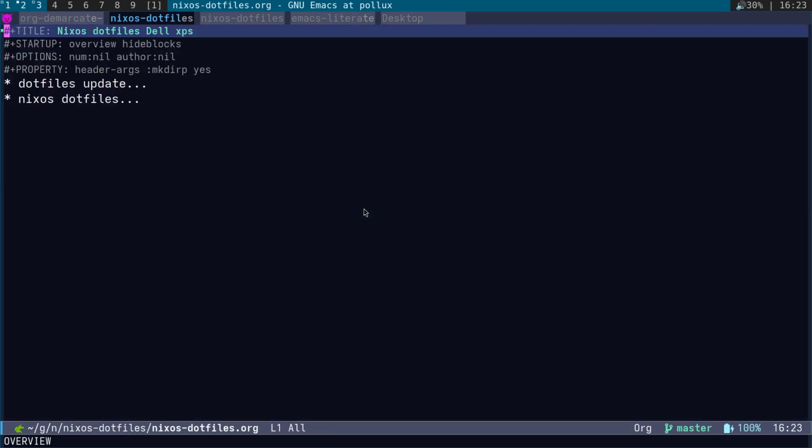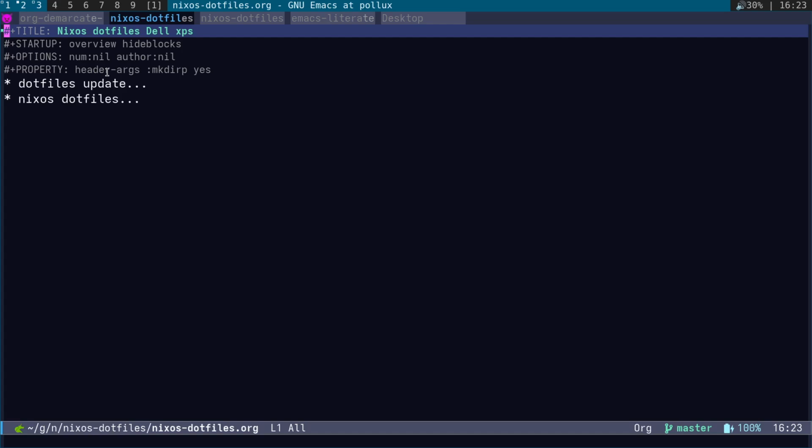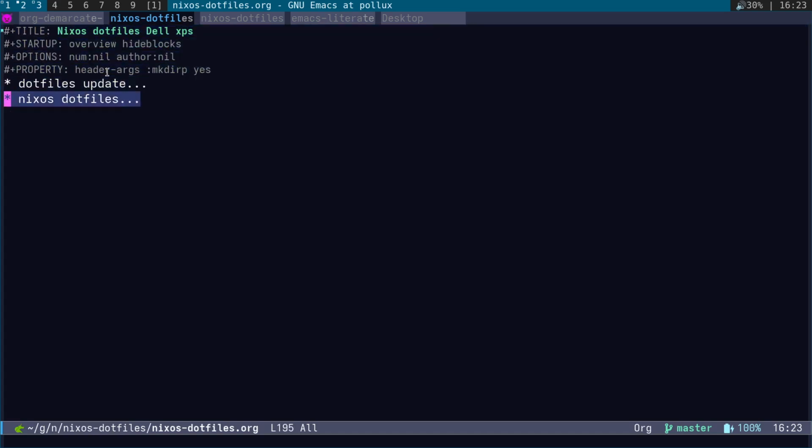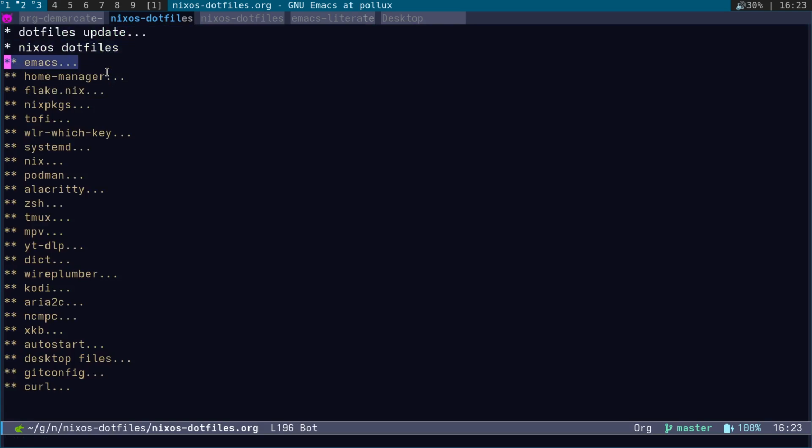So they're all stored there. Then they're all also stored individually in the Git repository, and also written to the correct locations in my home directory. So it just means that you've got multiple levels of redundancy in case anything goes wrong. So I think this is a really nice way of managing your .files a bit more easily,